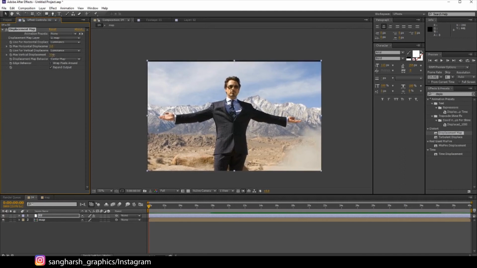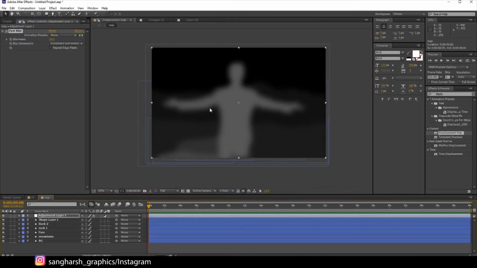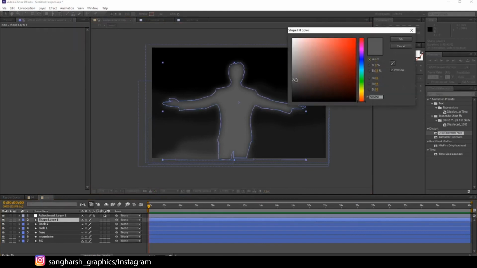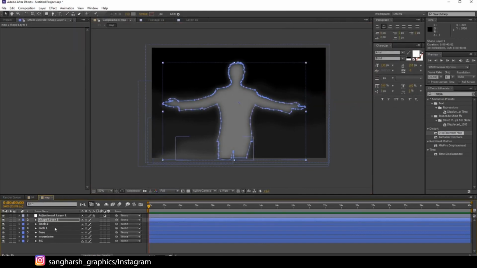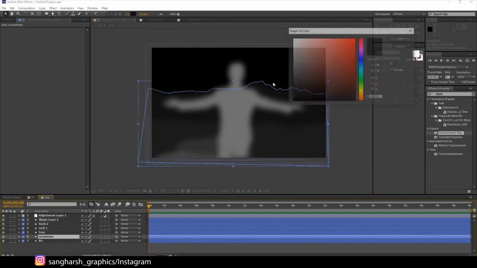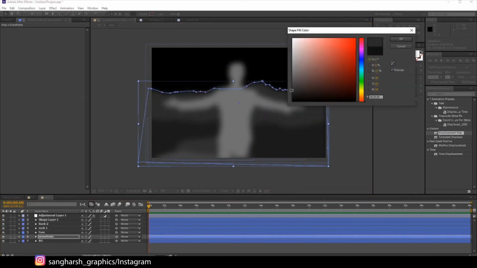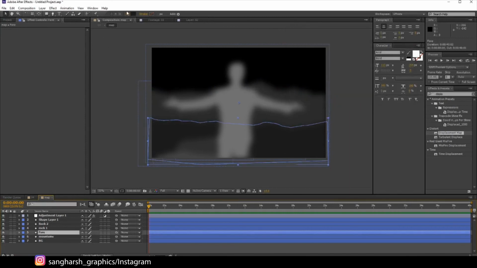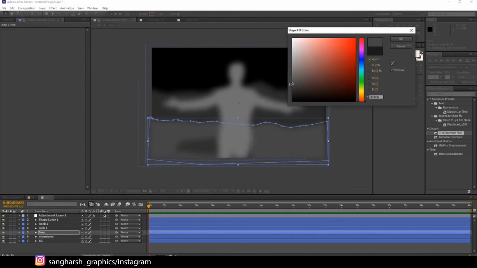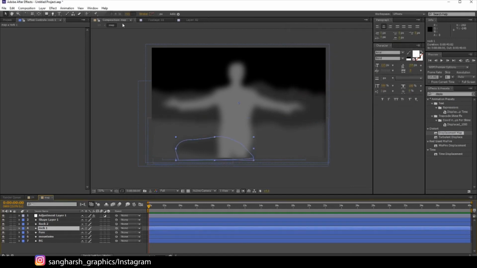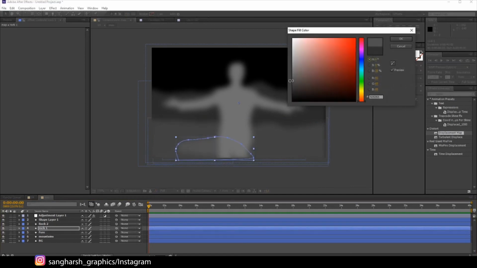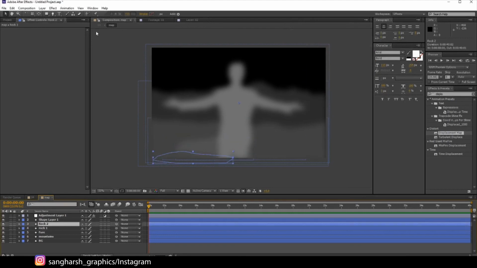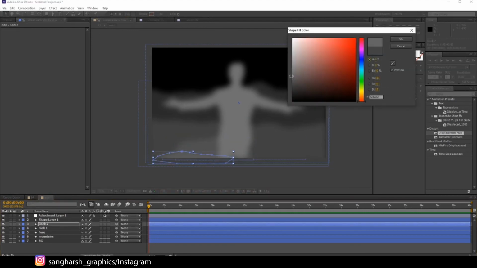You can actually animate this by giving them keyframes. If you want, we can make it brighter because it is on the top. Select the mountains, let's make them also a little bit bright because it is forward. Select the foreground, make it a little bit more bright. The rock, a little bit more. The second rock, just a little bit.